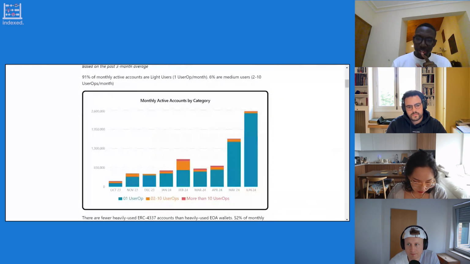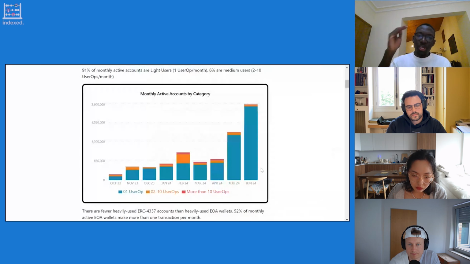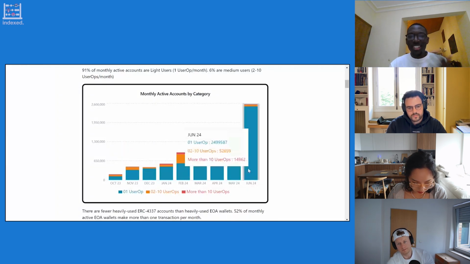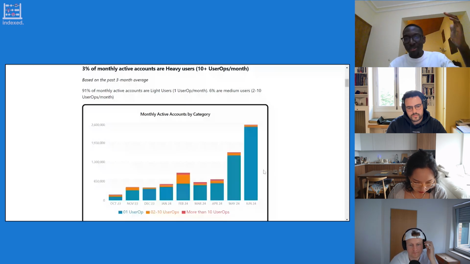In this chart, I'm breaking down the accounts that are active every month based on how many of them only make one user op a month versus 2 to 10 versus more than 10. And you can see that more than 90% of the